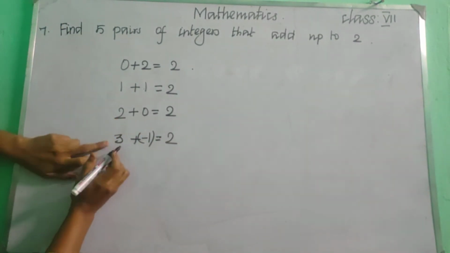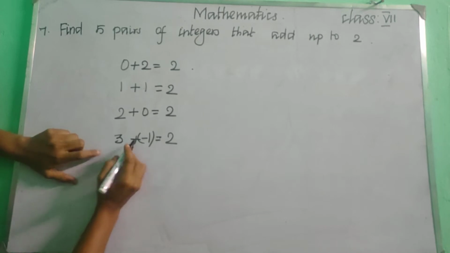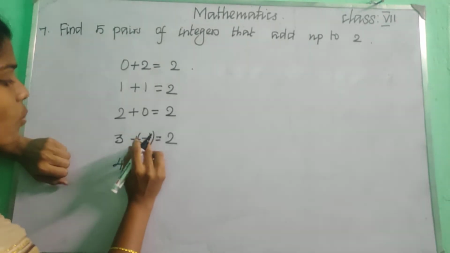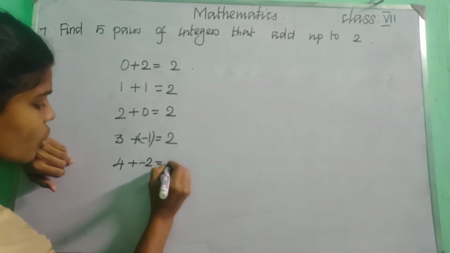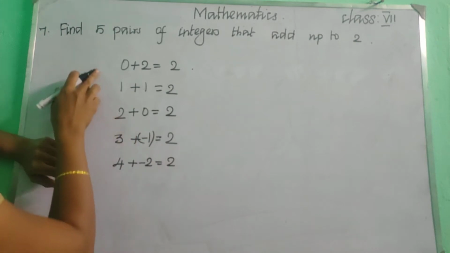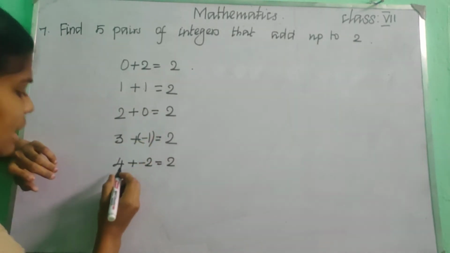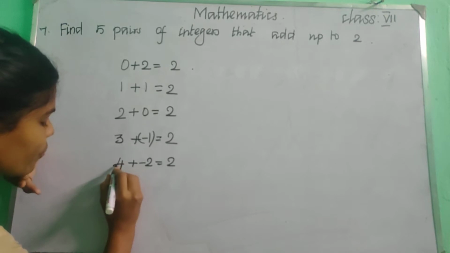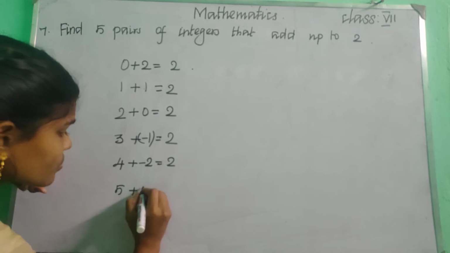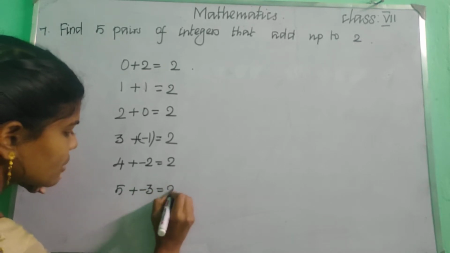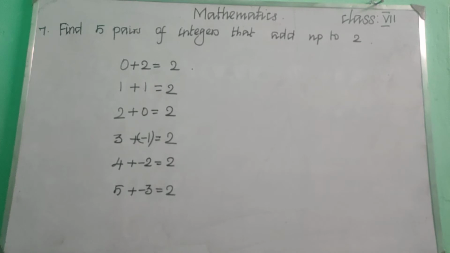And again we need to add plus 1. So 3 plus 1 means 4, and minus 1, again minus 1, so you will get minus 2. So I'll get the answer as 2. Now we got 5 pairs. And if we need to write another one, 4 plus 1, 5, and 2 minus 1, minus 3, so what will you get? 2. So these are all the pairs. We can write any 5. Choose any 5 and write as the answer. Children, very easy, right?